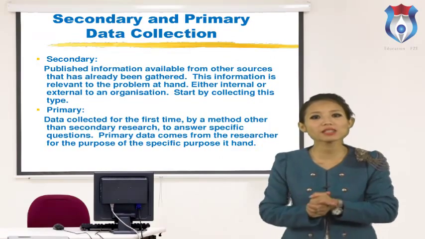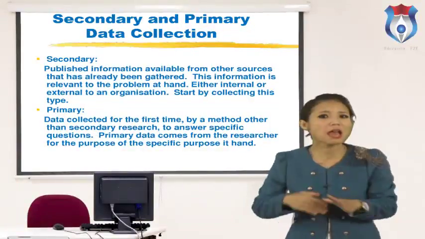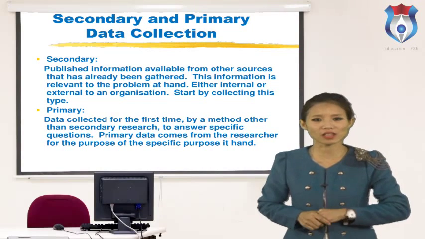Primary data are first-hand information collected through various methods such as observation, interviewing, mailing, etc. Methods of collecting primary data. Primary data are directly collected by the researchers from the original sources. In this case, the researcher can collect the required data precisely according to his research needs. He can collect them when he wants them and in the form he needs them.